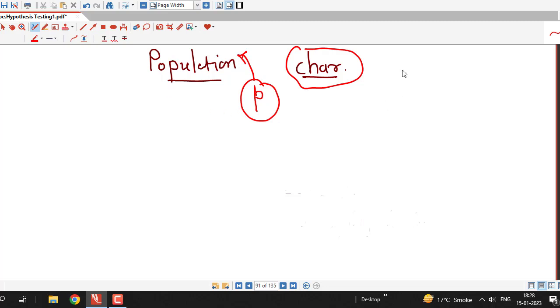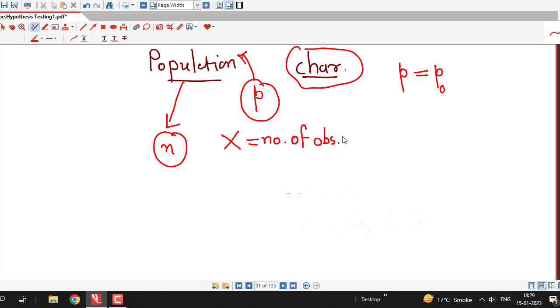Now suppose we want to check the hypothesis that the population proportion is equal to some constant, say p0. Then for that we consider a random sample of size n from this population, and suppose the number of elements or observations in that sample with that particular characteristic of interest is, say, capital X. Then the sample proportion is denoted by p hat and is given by p hat equal to X divided by